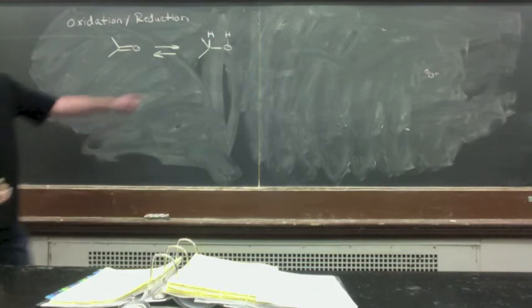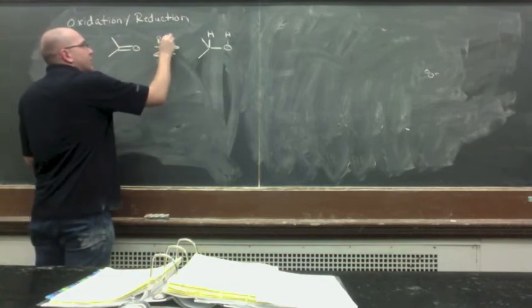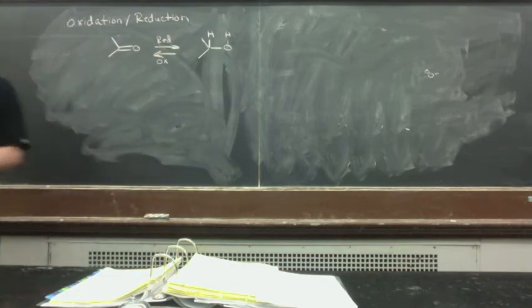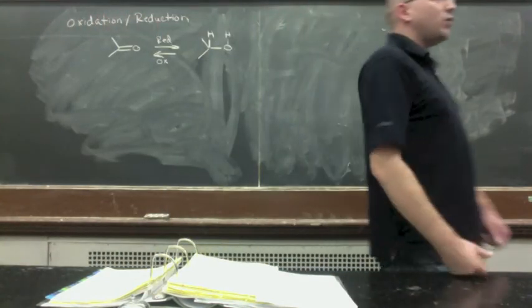So this would be an oxidation. This would be a reduction. And we'll get to the oxidations later on. It's a little bit more mechanistically difficult, but the reductions are something that you can really make sense of,